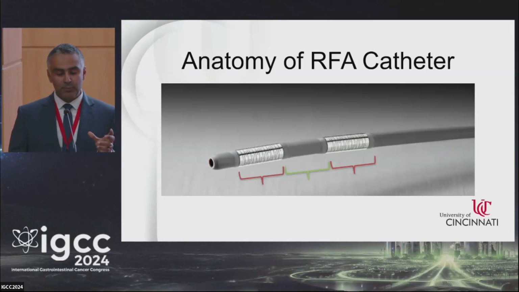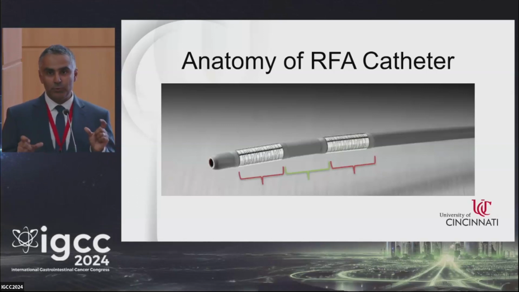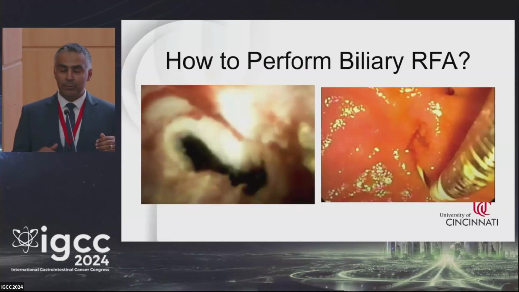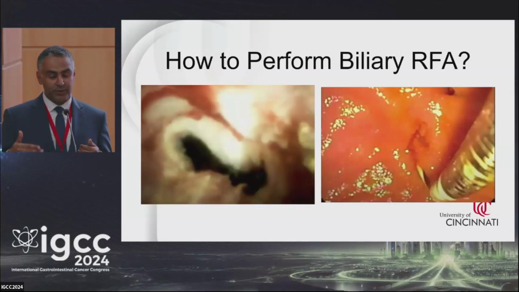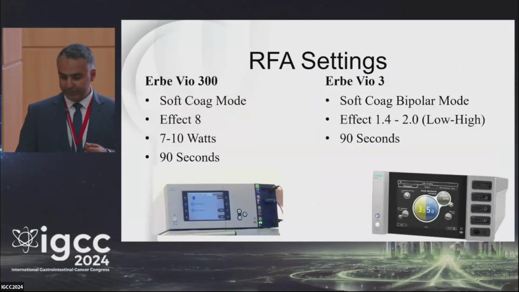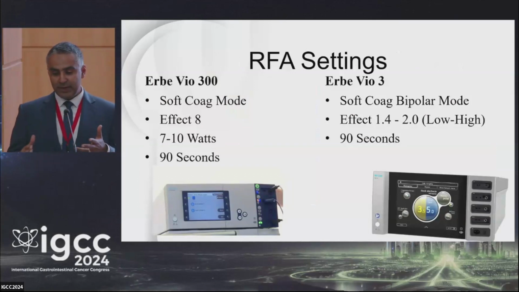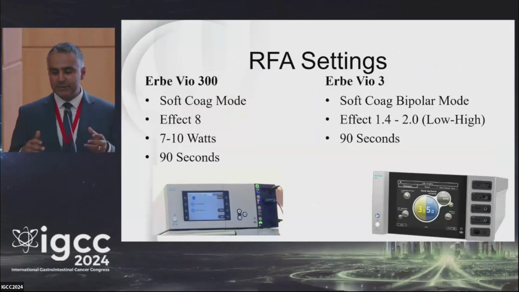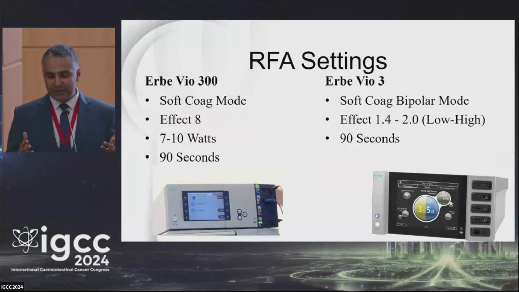The probe is made up of 2 8mm electrodes separated by an 8mm spacer. We typically perform cholangioscopy first to look at the mucosa, identify the margins where we need to do the ablation, and then we introduce the probe over the guide wire. The RFA settings depend on the generator used. And just to summarize, basically for extrahepatic lesions, we use higher settings. For intrahepatic lesions, it's